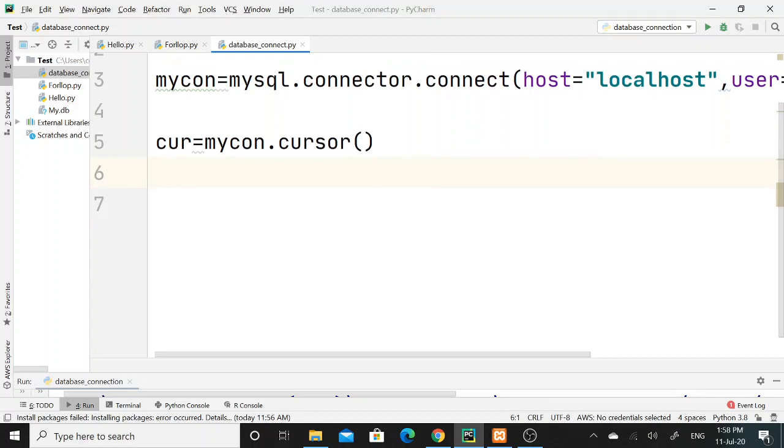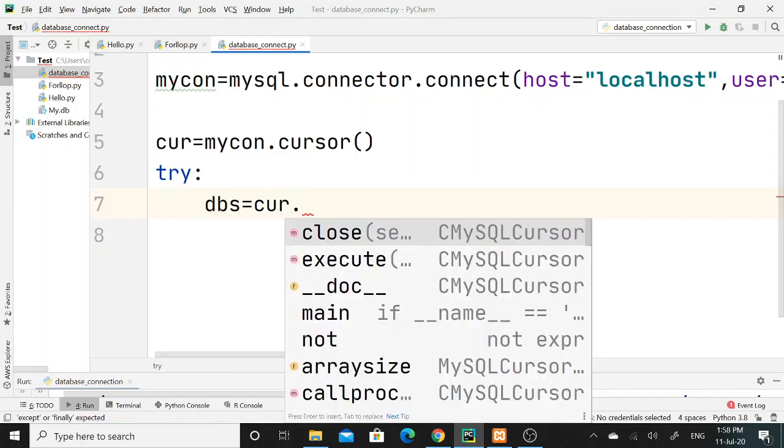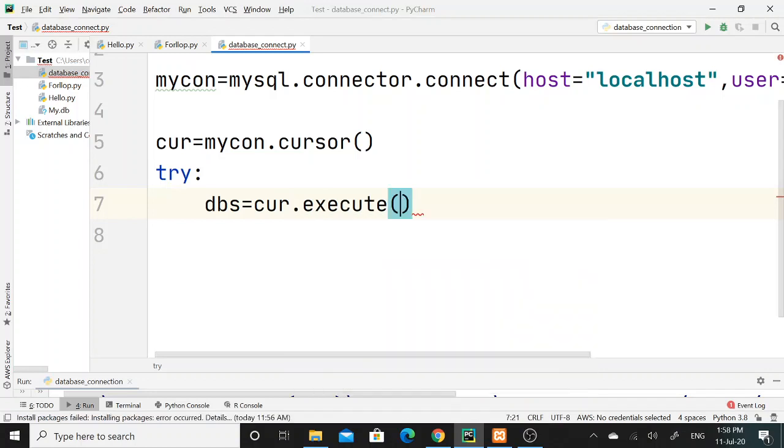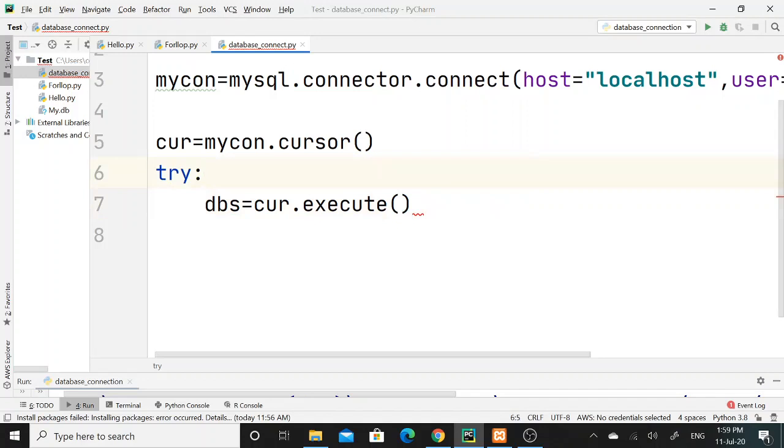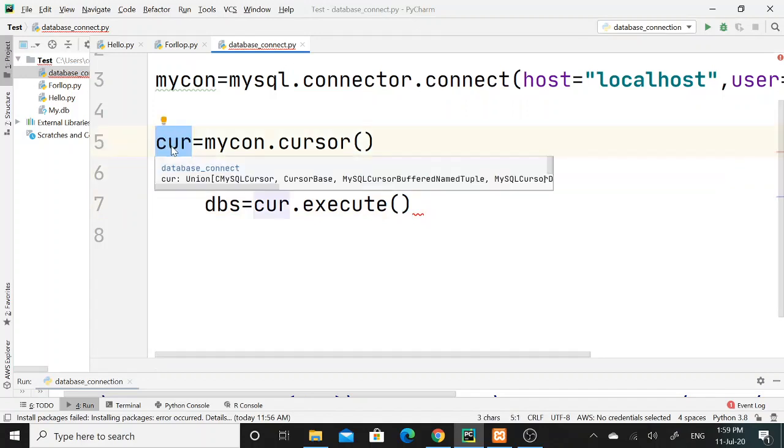Now I will make use of try except. So in Python, how try except is executed: I will write the keyword try, then colon. Now I will declare one variable here, dbs equal to cur dot execute. I will call the method named execute, using cur.